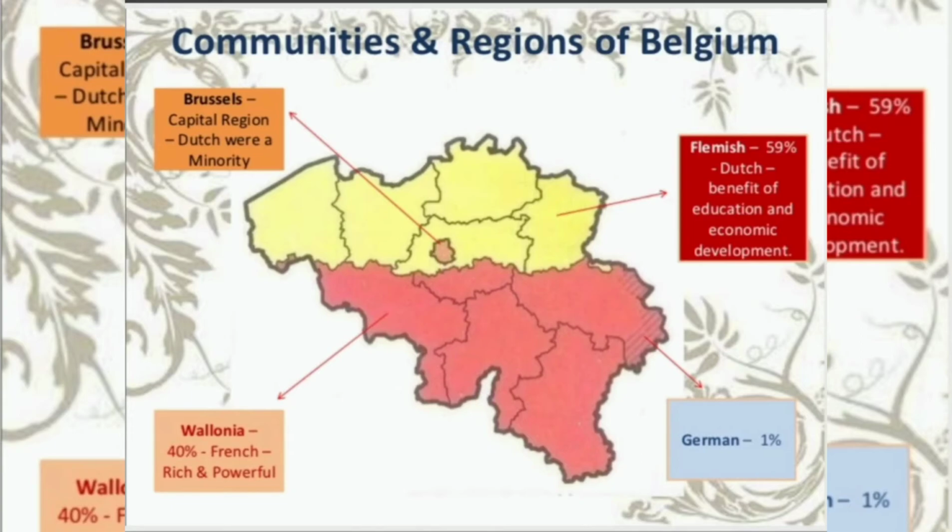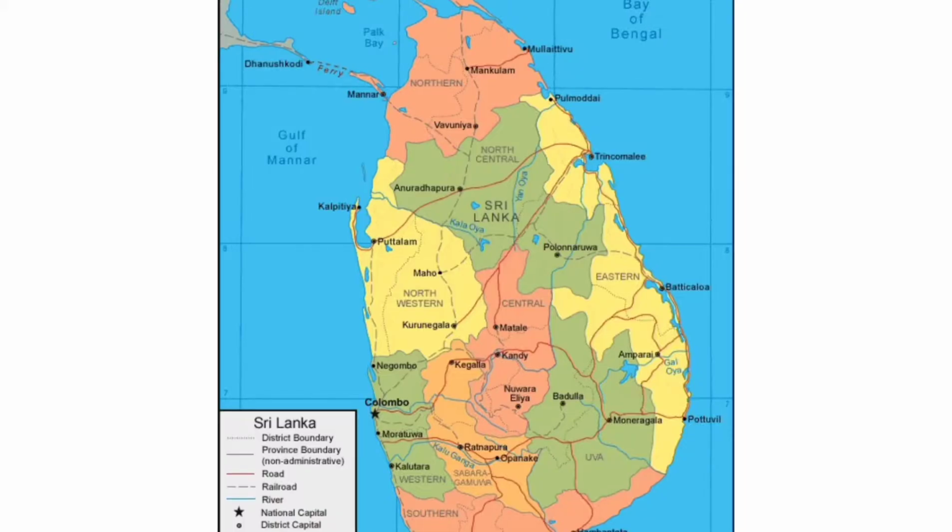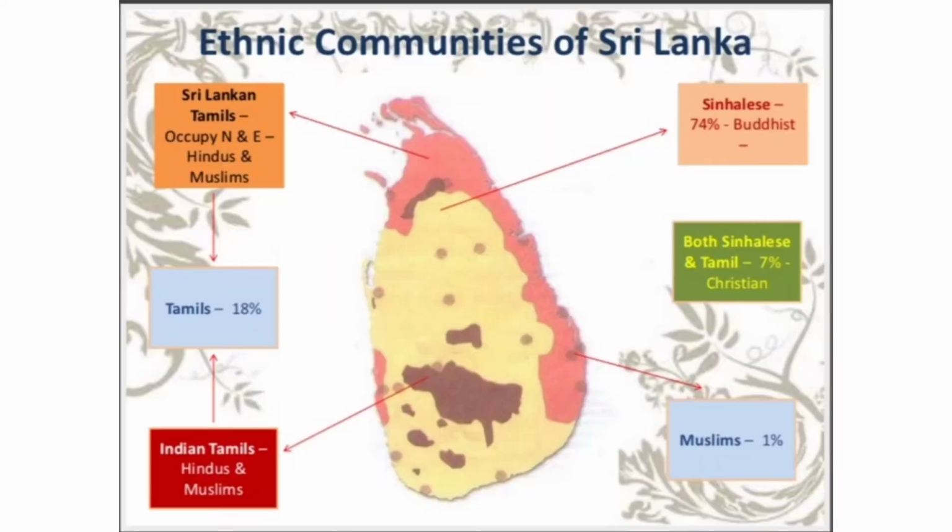Let us move on to another country, that is Sri Lanka. We know that Sri Lanka is an island nation just a few kilometers off the southern coast of Tamil Nadu. It has about 2 crore people, about the same as Haryana. Like other nations in the South Asian region, Sri Lanka has a diverse population. Let us see what the ethnic problem is in this country.